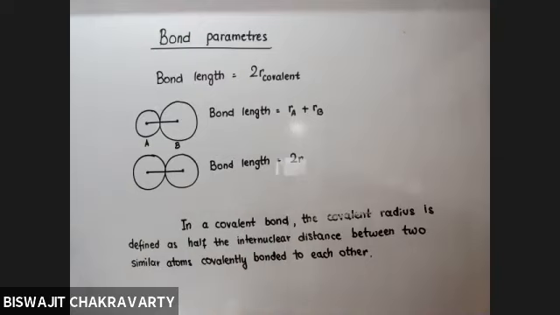Sir, what is equilibrium distance? Equilibrium distance means, when the atoms approach each other, it has been found that at a particular distance the atoms are more comfortable with each other. If they go beyond that distance, they are less stable. If they go far away from that distance, that also makes them uneasy. So the distance at which they make the most stable system is called the equilibrium distance.